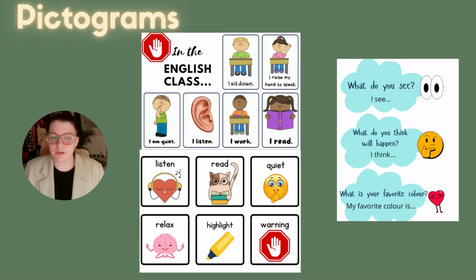Another really important element that I use throughout all of my practicums are pictograms. So here you can see the English class poster that I made. I created that on Canva and then I printed it. It was big like this, and then I stuck it on the desk in the classroom. So that is something that I would use a lot